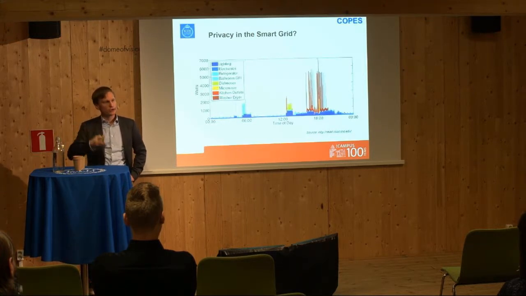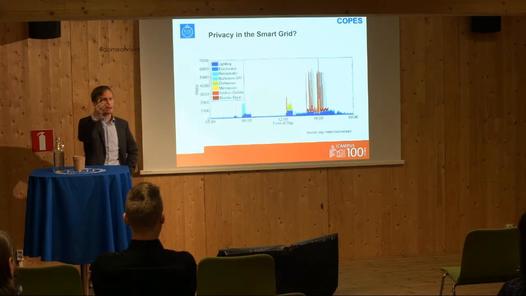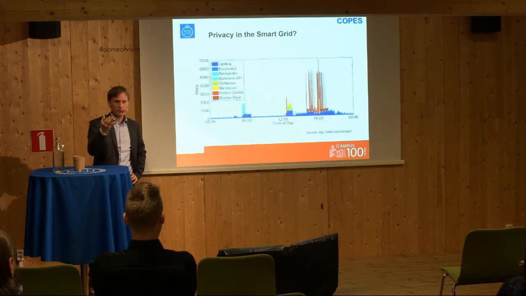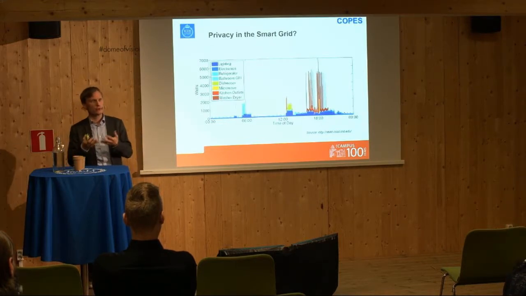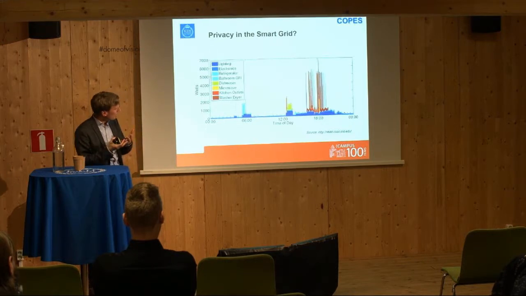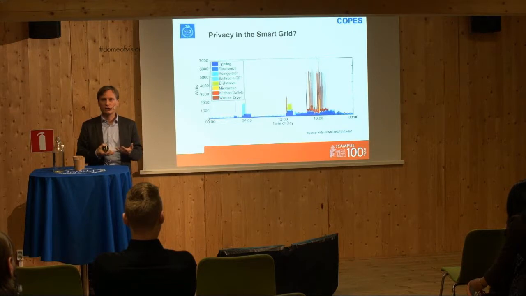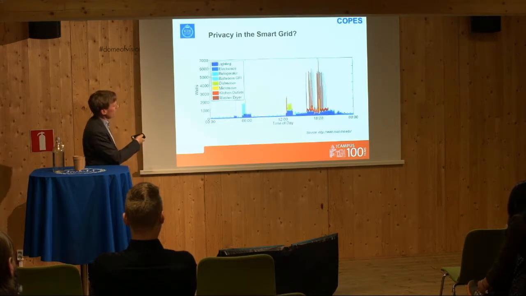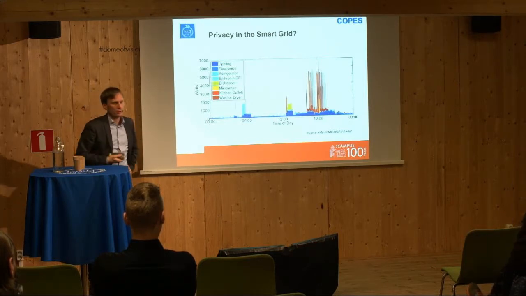It basically can measure all the time how much power consumption there is in the house. It could transmit that to the smart grid, and the smart grid could use this information to set prices and change the production. So it would be quite useful for the grid to know this information. But as I said earlier, this also contains information about the person living in the house. So here, for instance, you see that the person probably wakes up around 6, comes home for lunch around 12, home again around 6 p.m.